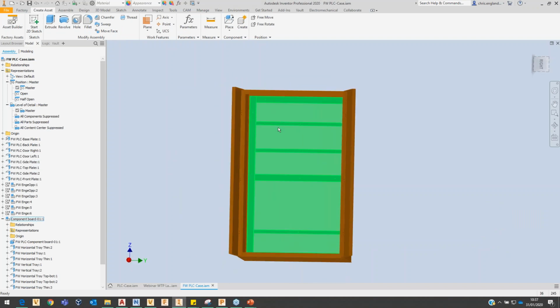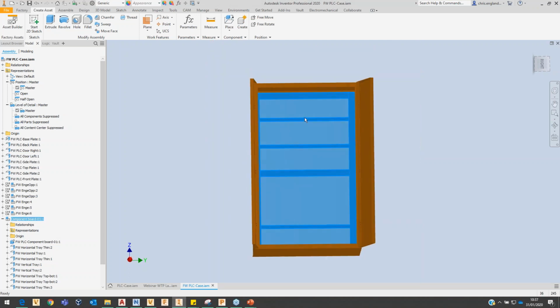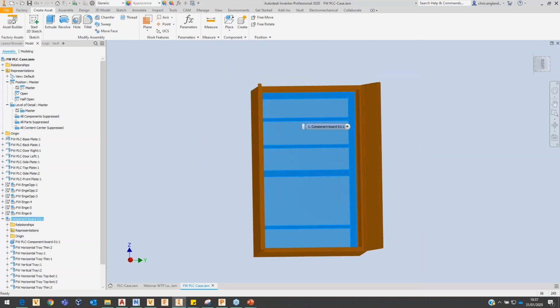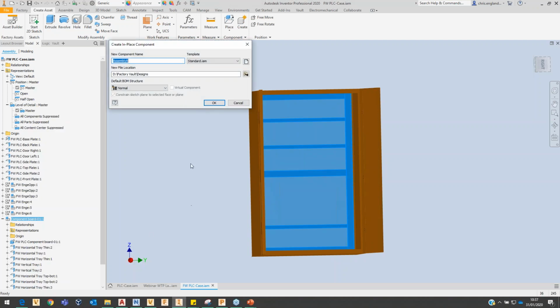And what I've got is obviously a board at the back, which you saw in the image, had components on it. So taking a certain part of a layout can also work for factory layouts. What I'm going to do is demote this whole component board using my demote process in Inventor. So normal Inventor function, demote, and instead of going to a normal assembly, I'm going to go to a factory layout. And I'm going to say PLC component